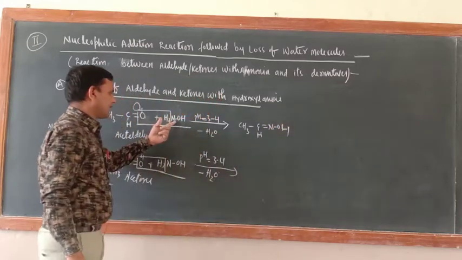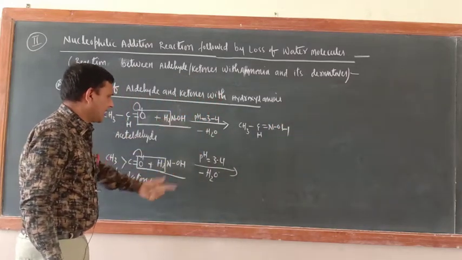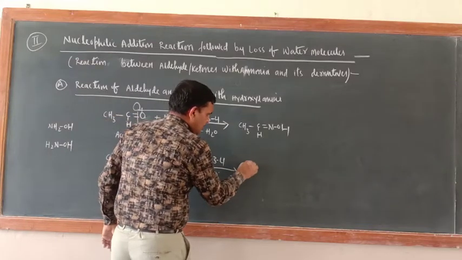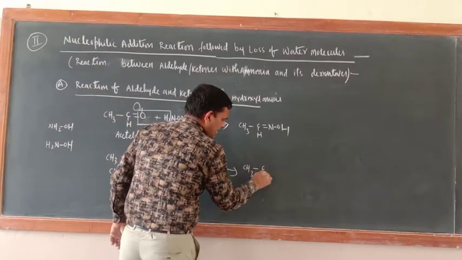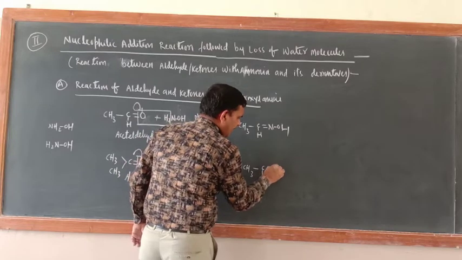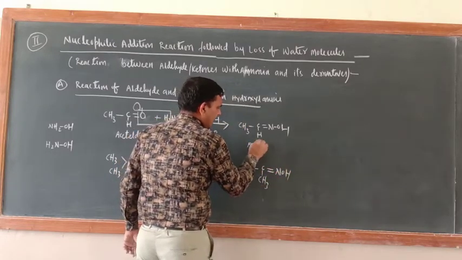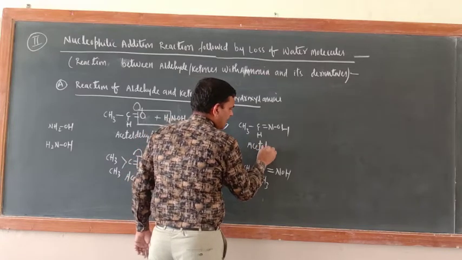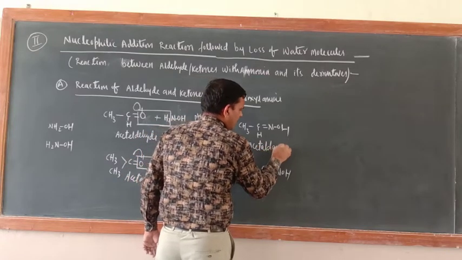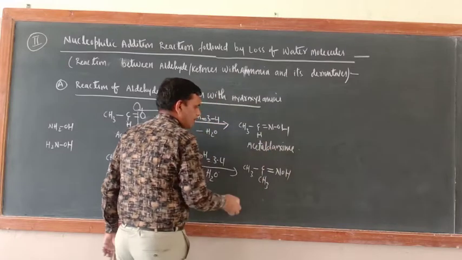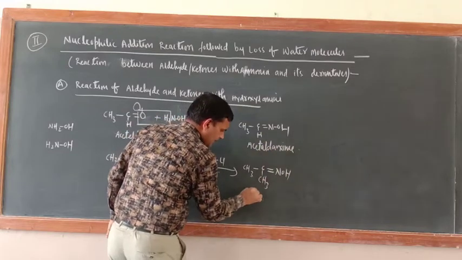Just see what is left here: NOH. Here also CH3, C, here CH3, here double bond NOH. What is the name of this one? Acetaldoxime. Now oxime is the product. This is acetone